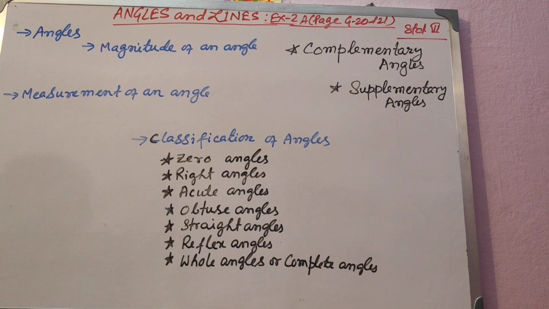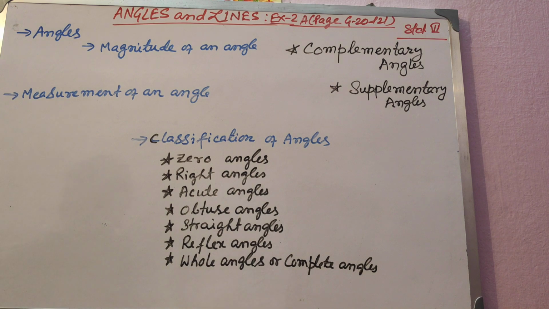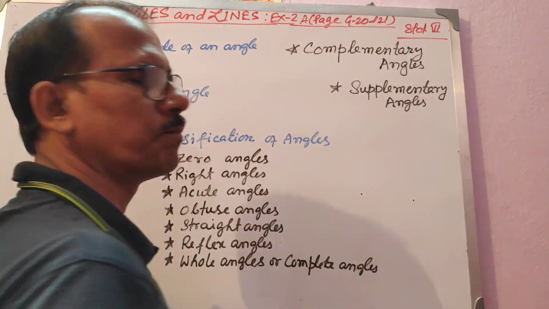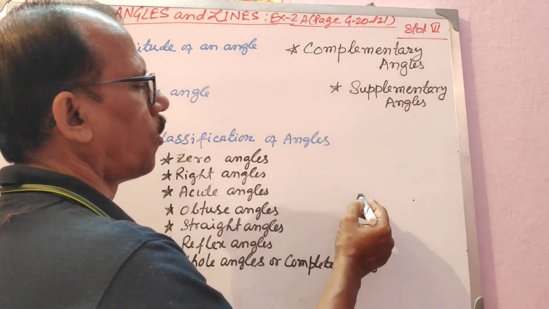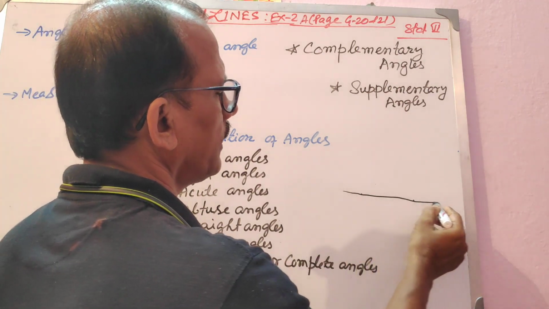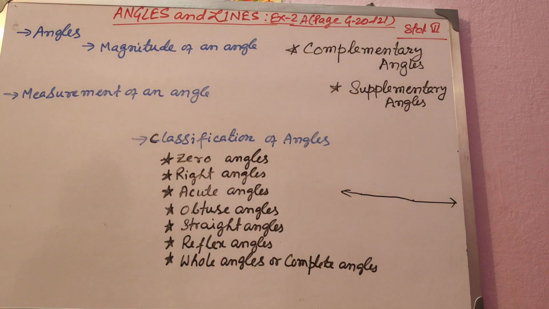Okay, first, the learning objective of this lesson is angle. See, the word itself is angle and lines. Lines, you have come to know by this time. A line means the shortest possible distance between two points. If that imaginary length goes in both directions, it becomes a line, and part of the line is called a line segment.